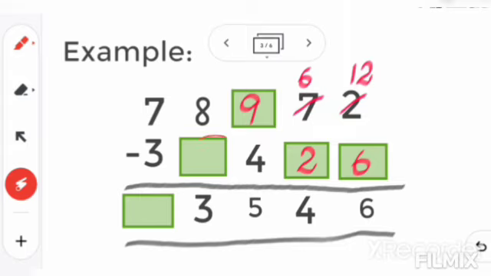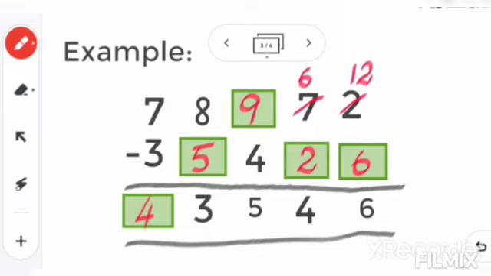Now again here you see, here also the middle number is missing. To find the middle number, you have to minus the down number from the top number. So here we have 8 and here 3. 8 minus 3, it will be 5. So in this box, the answer will be 5. Again, now this is as usual, 7 minus 3. So 7 minus 3, it will be 4. Only this is the answer.